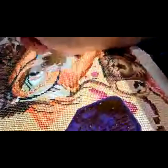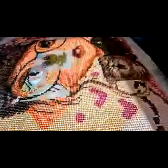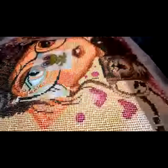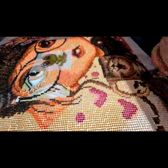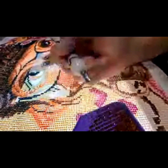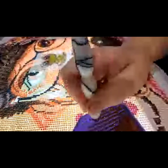Let me get this where I can actually still diamond paint. Right now I don't know if this is a cold or what, but I'm trying to get over this. I think it's more allergies because it affects me more at night. And then as the day goes by, it gets a lot better. But anyway,